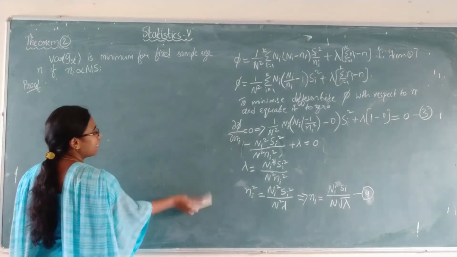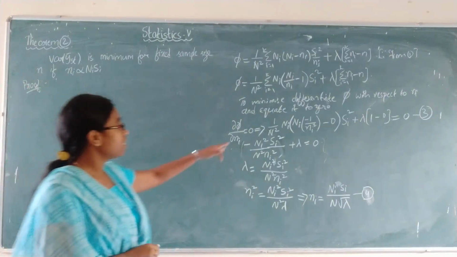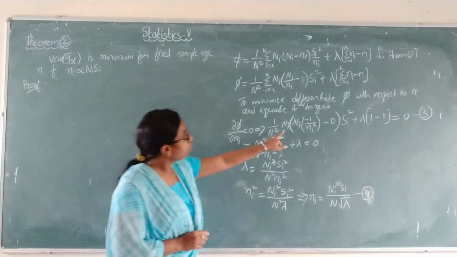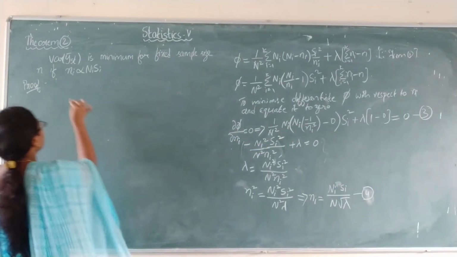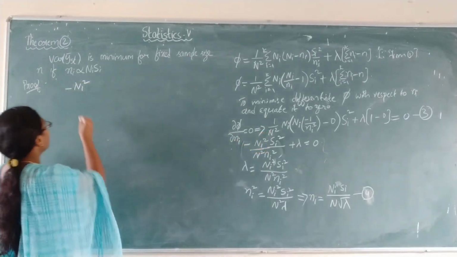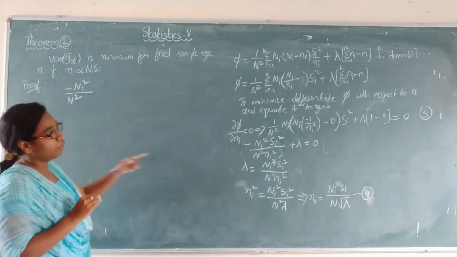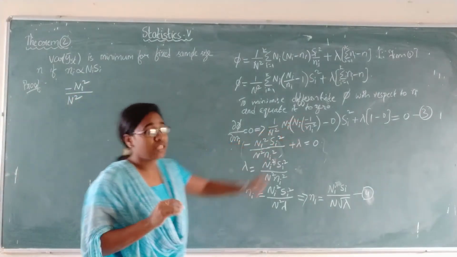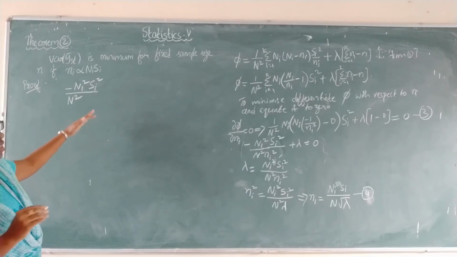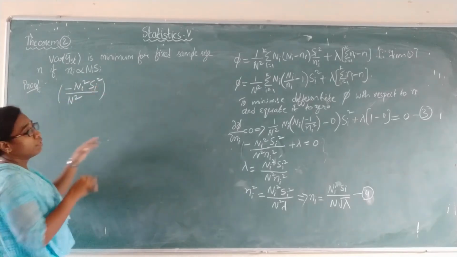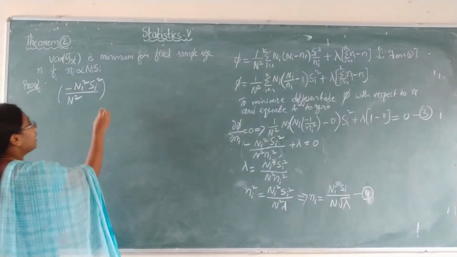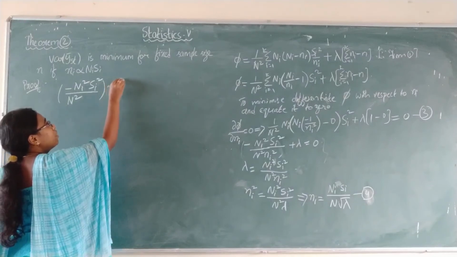Now we will see the second differentiation. For this, whatever first differentiation value you have, write all the constants as it is. In the numerator you will get minus Ni square by N square into you have Si square also. So in the numerator you have Si square, into the value which we have to differentiate, which is 1 by ni square. So 1 by ni square can be written as ni power minus 2, right?